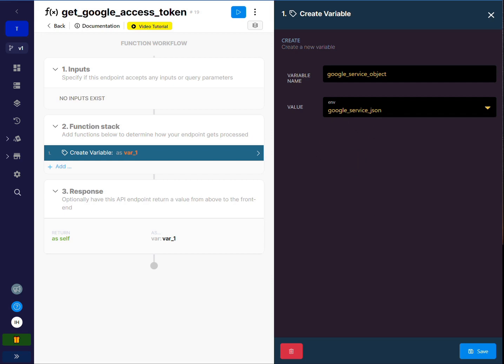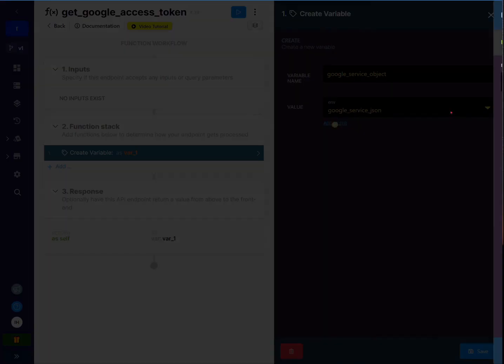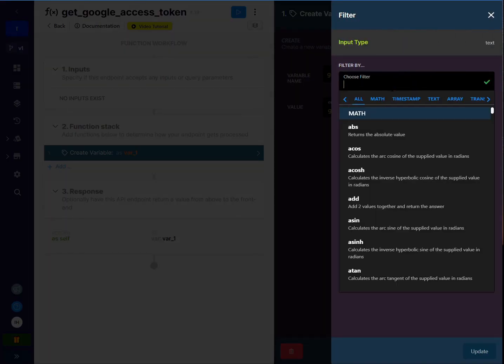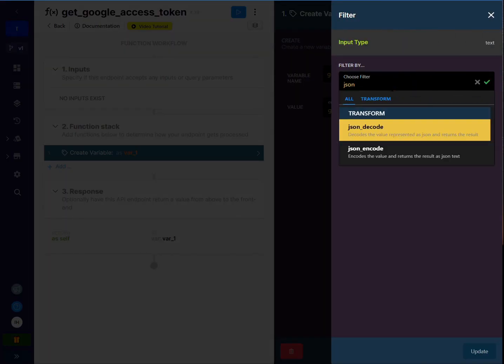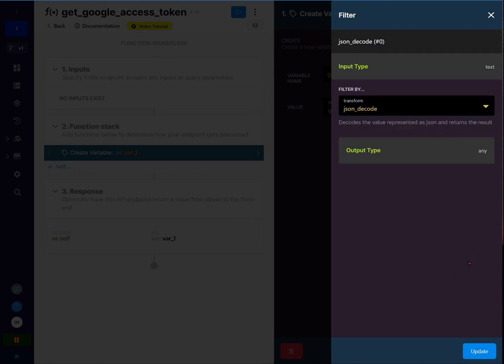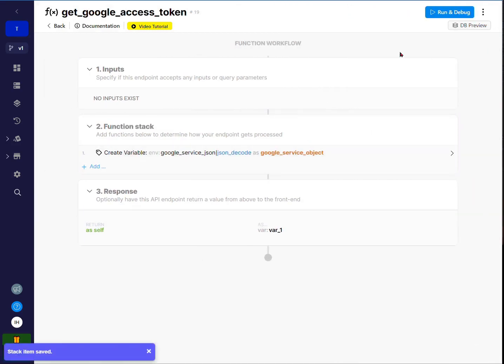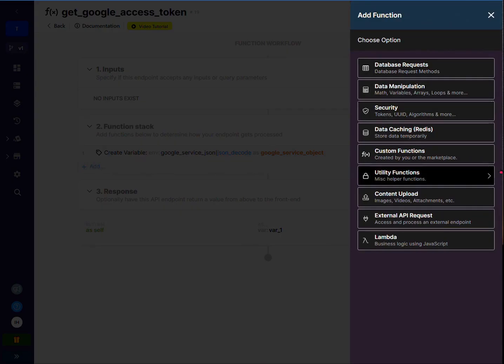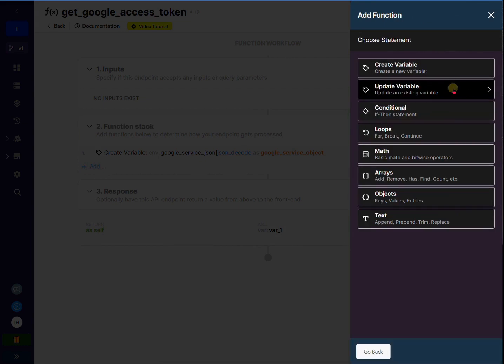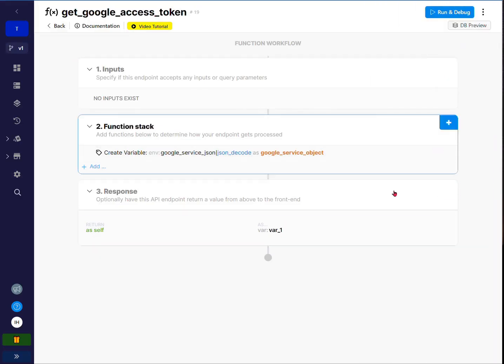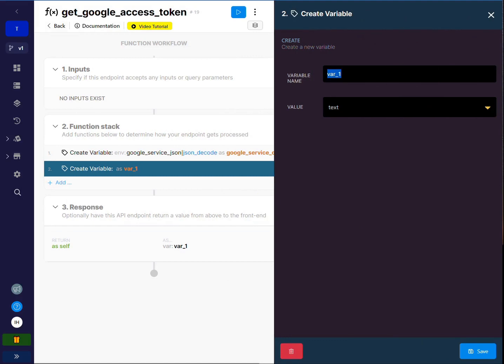Okay, and here we're going to go to the environment variable and get what we saved, Google Service JSON. And then what I'm going to do is add a filter here called JSON decode. It decodes the value represented as JSON and returns the result. So update, save, cool, we got that, awesome. All right, now we need to create another variable, data manipulation, create a variable, and this time this is going to be called